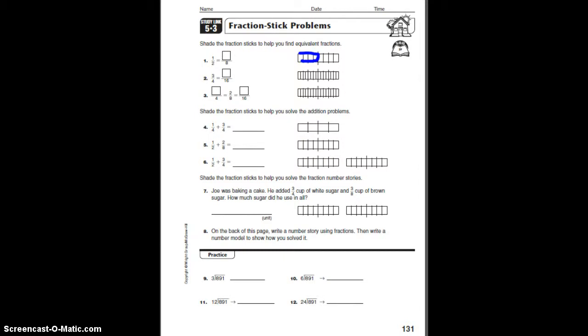And if you shade in 1/2, and you look at all the little cubes in between, so we know that's half, but if we count all the little pieces in between, we've colored in 4 of them, so that would be the same as 4/8. Our next one,